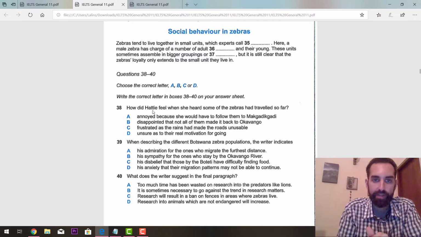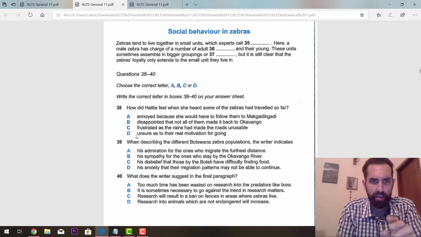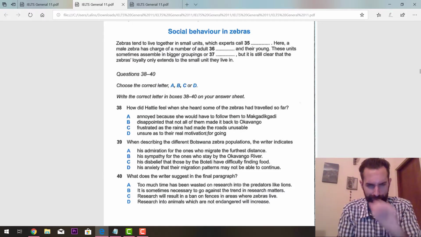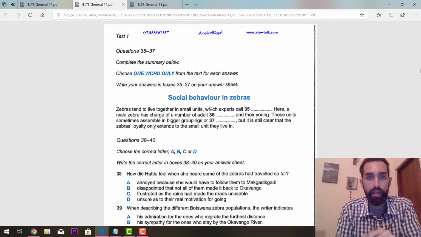So, how did Hattie feel when she heard some of the zebras had travelled so far? Okay, A, annoyed because she would have to follow them to the Makgadikagadi. Pretty sure she never mentioned she was annoyed, so we can cross that off. B, disappointed that not all of them made it back to the Okavango. I don't believe she ever mentioned she was disappointed. C, frustrated as the rains had made the roads unusable. I don't remember that ever being mentioned. Or D, unsure as to the real motivation for going. Now I think it's D, because